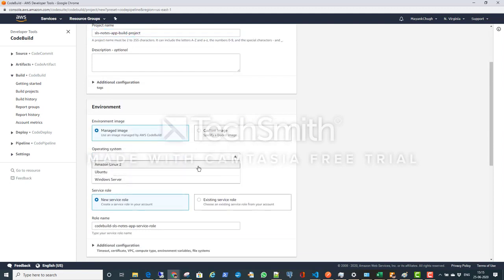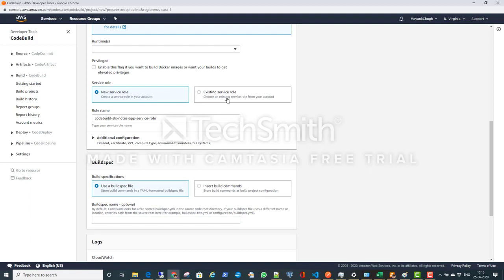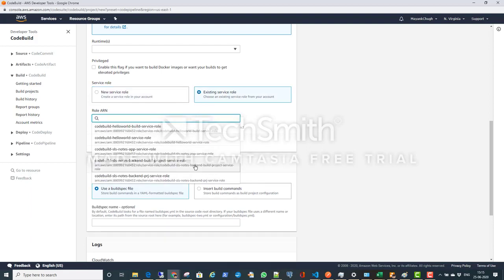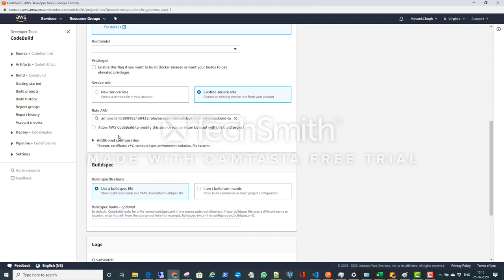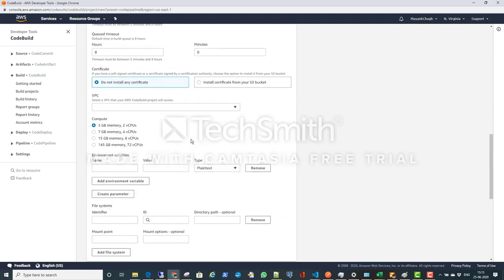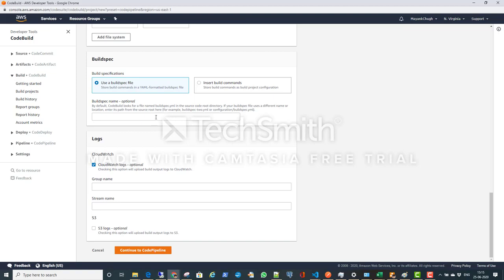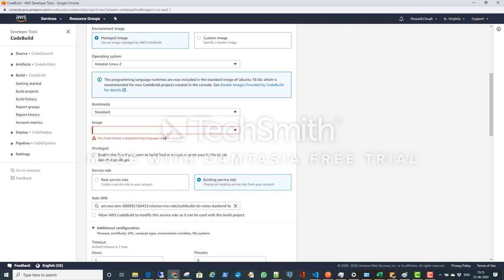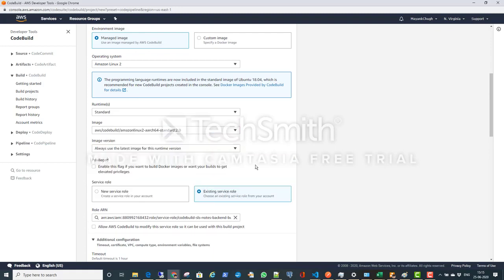We'll choose the Linux. Runtime we will choose it as this. This role also, we have used the earlier one which we used for the backend code. Build.yaml, specs.yaml file is our deployment file. Create. We have to choose the runtime. It is basically standard 2, and then